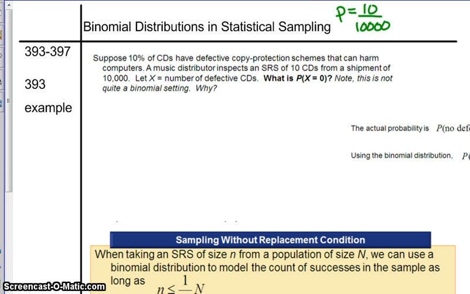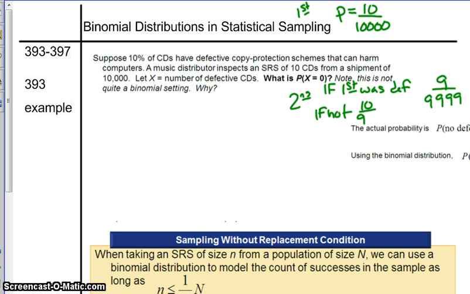Now the why is that the probability that your first one is defective is 10 out of those 10,000. Now, probably your second's defective depends on the first. Okay? If your first was defective, now there's 9 out of 9,999. If not, then there's 10 out of 9,999. Okay? So it's not quite a binomial setting because my probabilities changed,